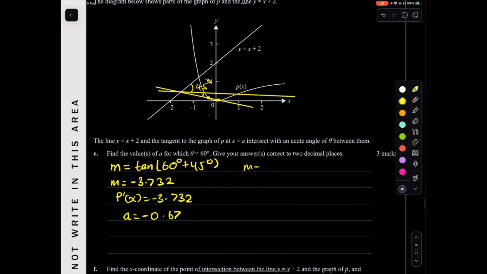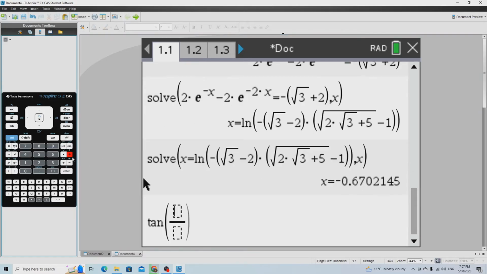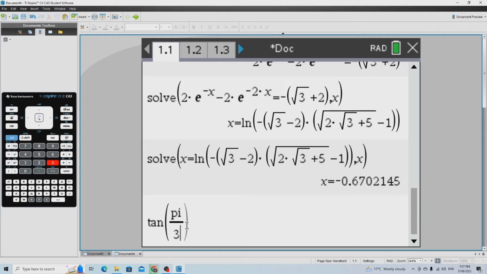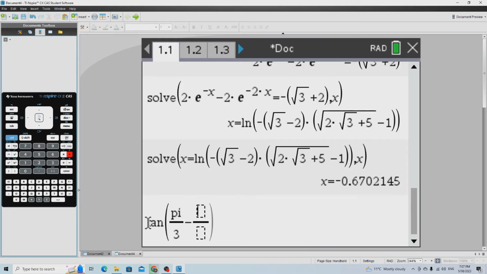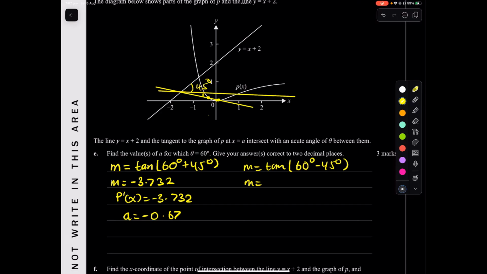So m equals tan of 60 minus 45 degrees. Yep, so if we do that, m will equal tan of pi on 3 minus pi on 4, which is this ugly function,